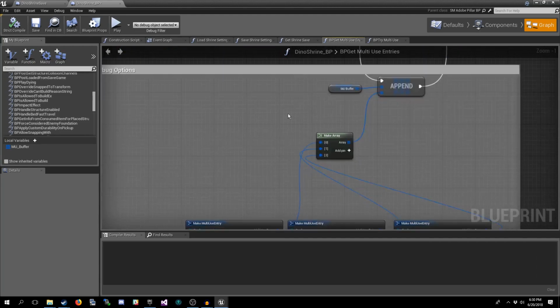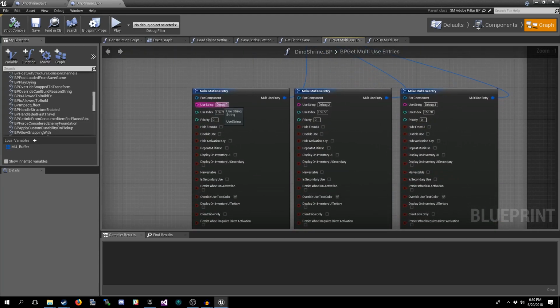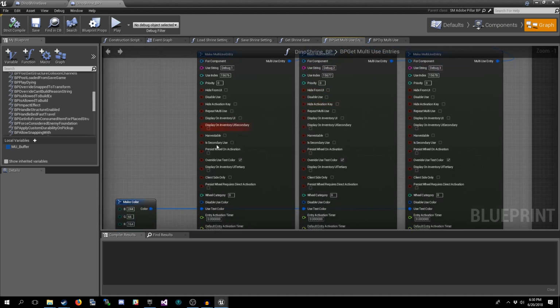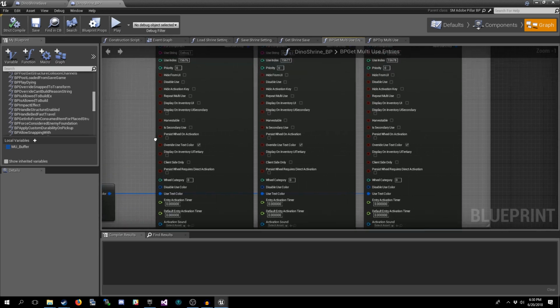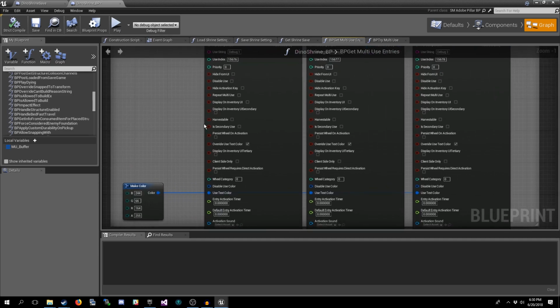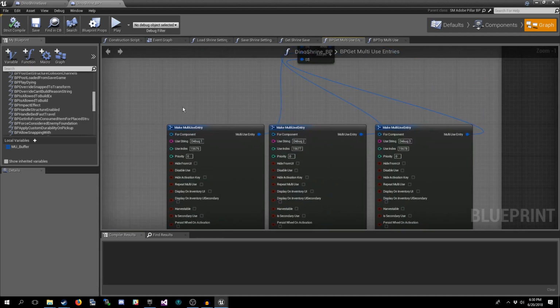So in the dev kit, I wanted to add these other three options, and you'll see they're named Debug 1, Debug 2, and Debug 3. They do the same thing as the other one, override text color, and I give it a color. This is an RGB alpha struct. It drives me nuts that RGB is backwards. It's BGR. But don't let it get you confused if you are using a color picker wheel, because they tend to order their numbers in RGB. So reverse the RGB order for putting them in the struct.